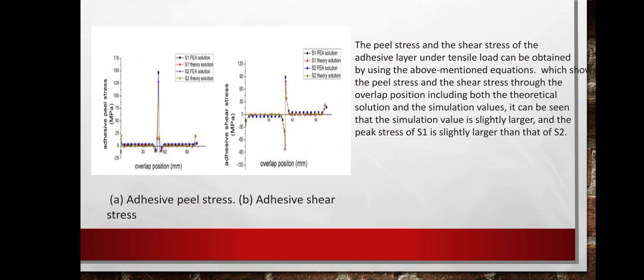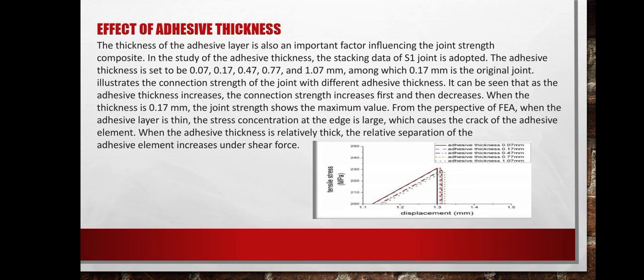It can be seen that the simulation value is slightly larger, and the peak stress of S1 is slightly larger than that of H2. Effect of adhesive thickness. The thickness of adhesive layer is also an important factor influencing the joint strength of composite. In the study of adhesive thickness, the stacking data of S1 joint is adopted. The adhesive thickness is set to be 0.07, 0.17, 0.47, 0.77 and 1.07 mm, among which 0.17 is the original